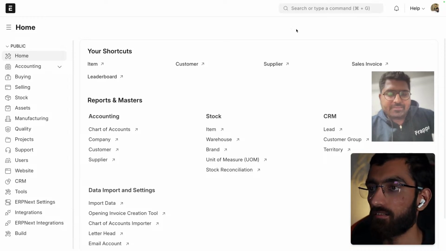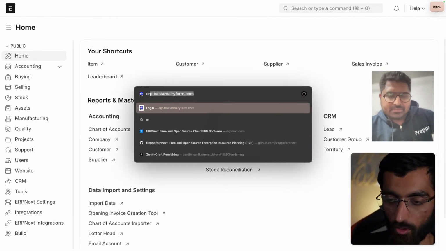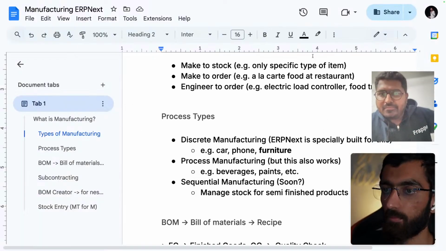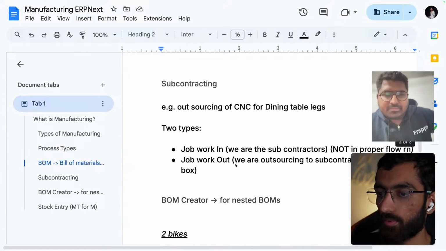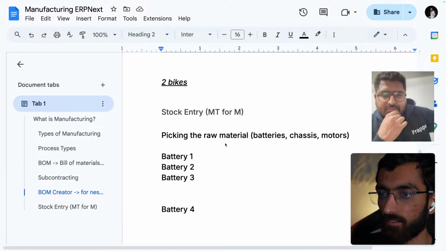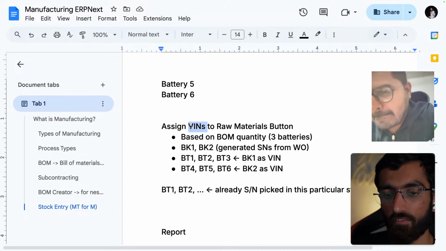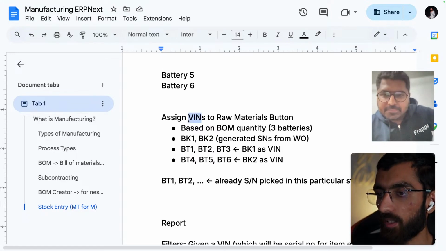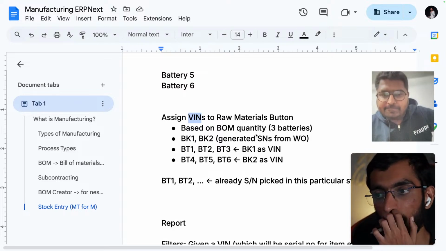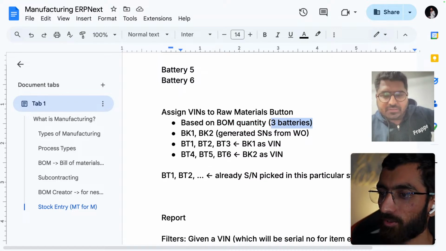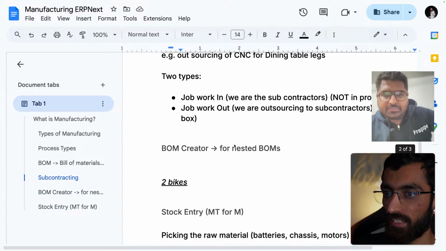I will show you what I have done. Then we can start. So for the docs, ERPNext manufacturing. Basically, we discussed that the serial number generated for the bike or the finished good will be the VIN, right? And that VIN will be assigned. I have just implemented the one BOM quantity case. I didn't implement three batteries. I didn't get time, to be honest. It's fine. So I implemented the one quantity case where on submit of this entry,